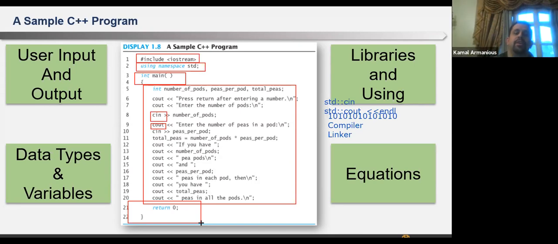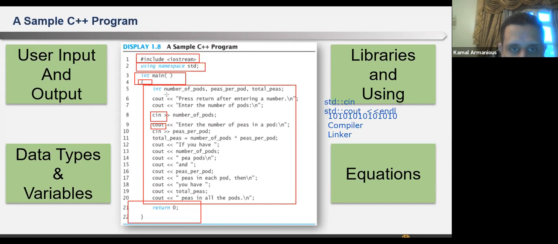Let's compile what Karim was saying. So int main is a function, and the C++ structure starts executing your code from the first line after the opening bracket of main, the function that's called main.